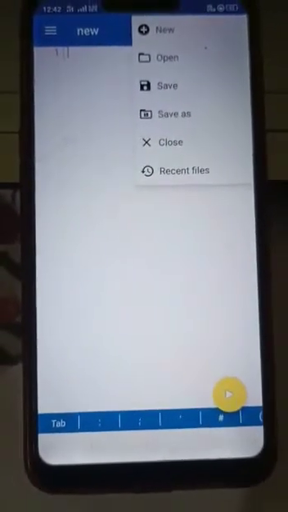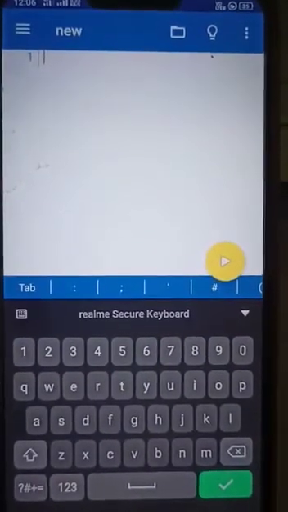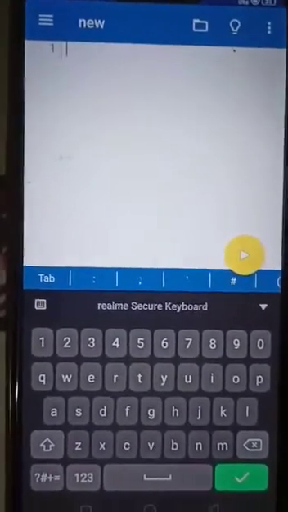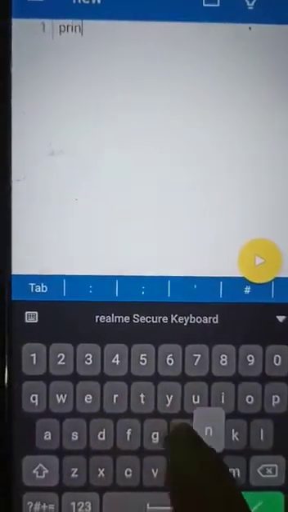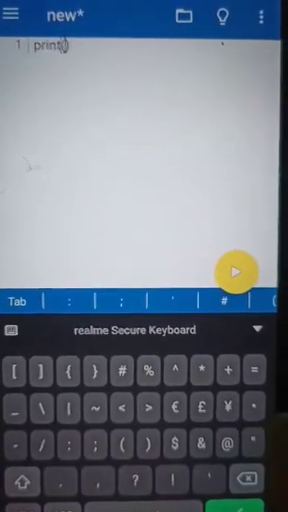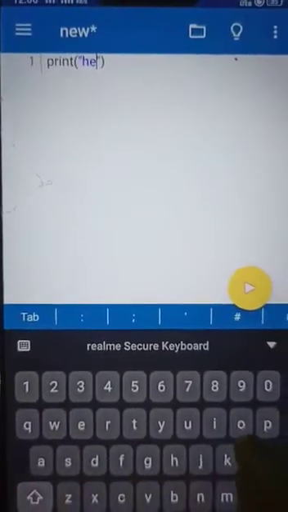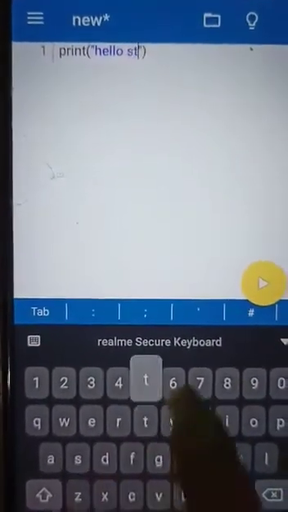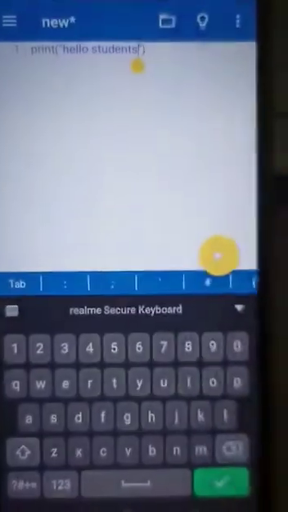Very first program of your Python programming language: to display hello student or hello world. So let's start. Write here print, then open brackets and quotes. Write here hello students, and then